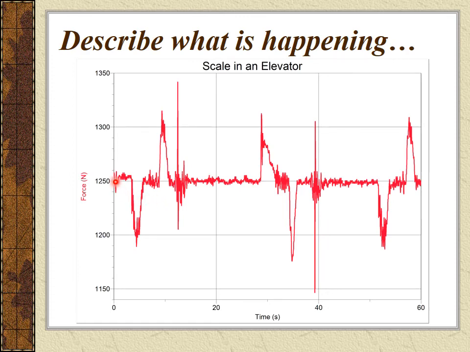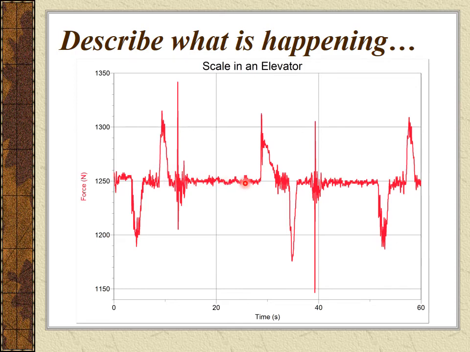You can see here that my weight was about 1250. As I began to move downward, the upward force had to decrease in order for me to accelerate downward. And then the upward force was about equal to my weight as I moved at a constant velocity. Then when I got to the first floor, the upward force had to increase to stop me. Now this was me at the bottom, the first floor, as I was waiting for the doors to close again